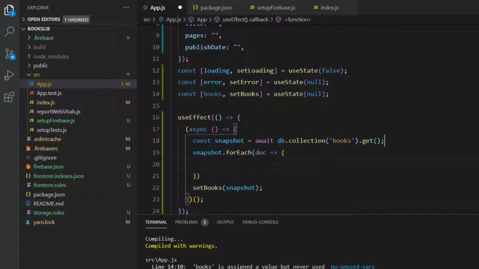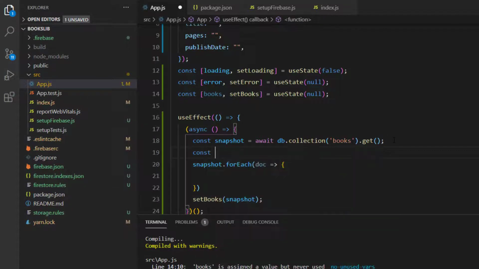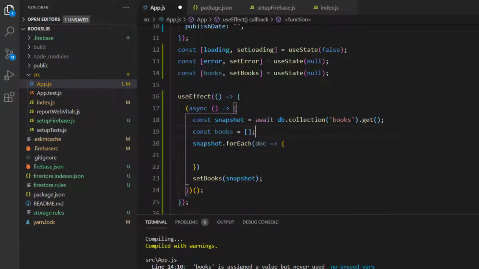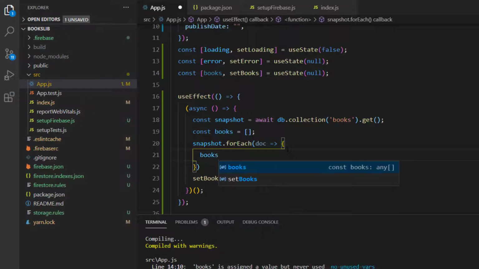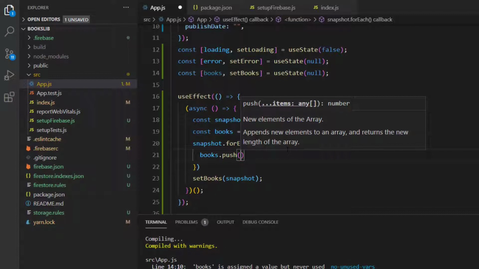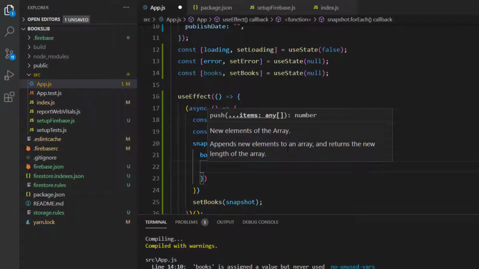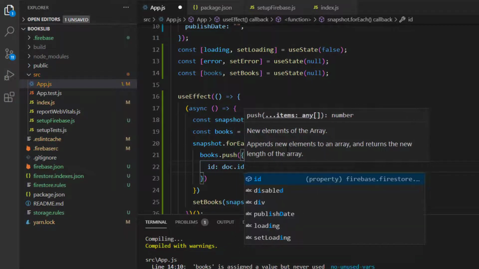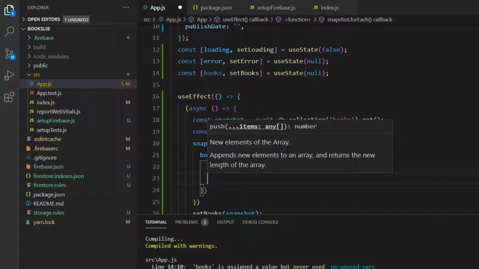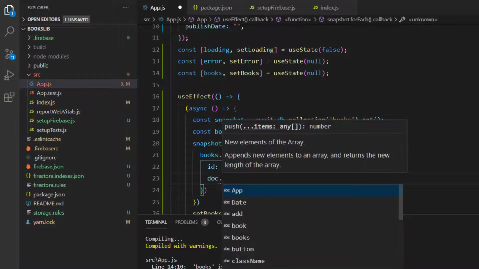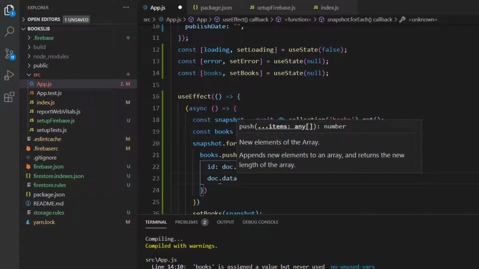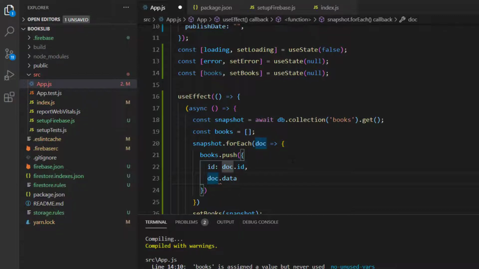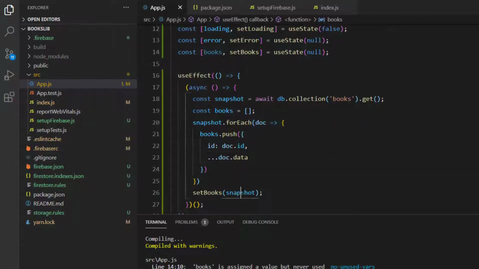Here I will create a constant books equal to an empty array. books.push. Here I'll push a new object that contains the ID. We can retrieve it with document.id, and the rest of the data we can get by spreading the object doc.data, which contains all the other attributes. So we'll save it